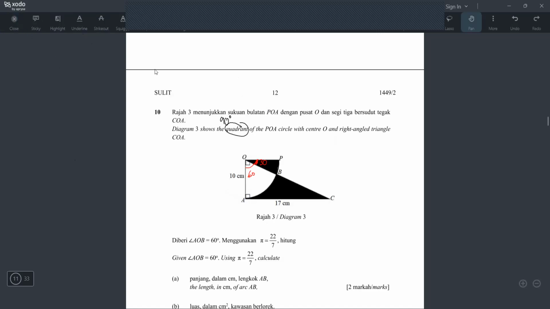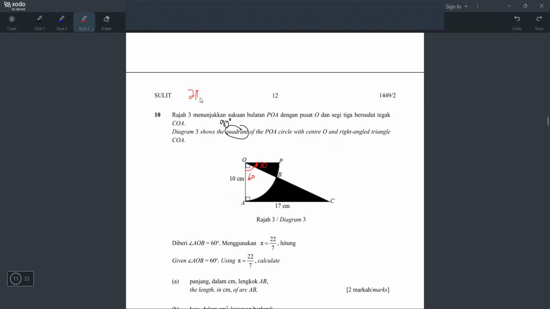Okay, there's two formula you need to know. First formula is 2 pi r. Second formula is pi r square. Okay, 2 pi r is used to find circumference. Pi r square is used to find area. So this one is area. This one is circumference. But what if you only want part of the circumference? Circumference, what is circumference? Circumference is like this. This is a circle. The circumference is this one. This one until here. This one is circumference, right?